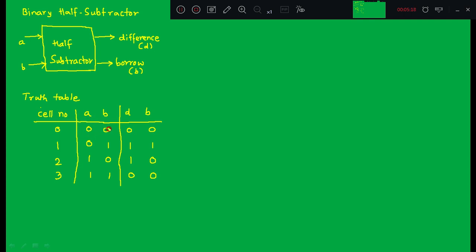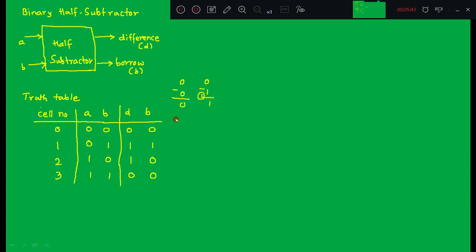When A and B both are 0, if you perform 0 minus 0, the difference is 0 only. When you want to perform 0 minus 1, how do you calculate the difference? 0 is lesser compared to 1, so you take a borrow, so 2 minus 1 is 1, and this borrow is generated.